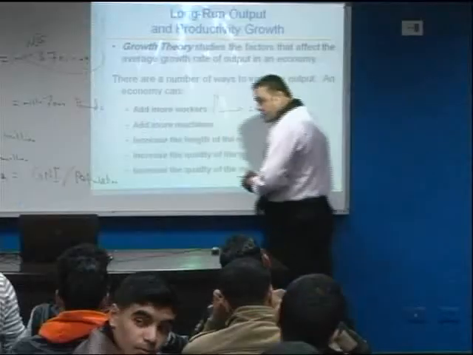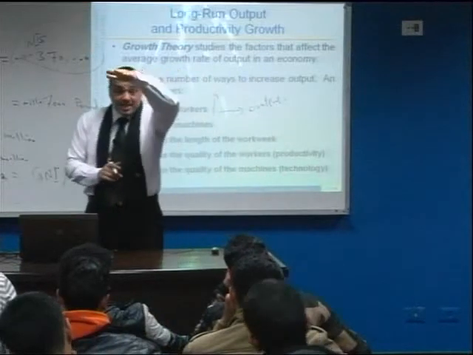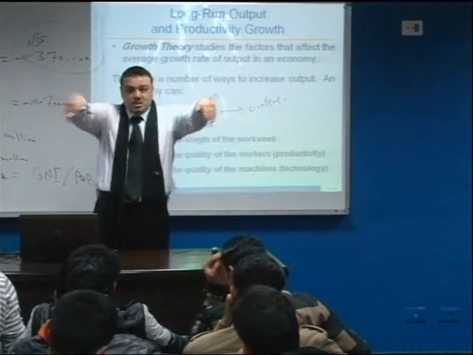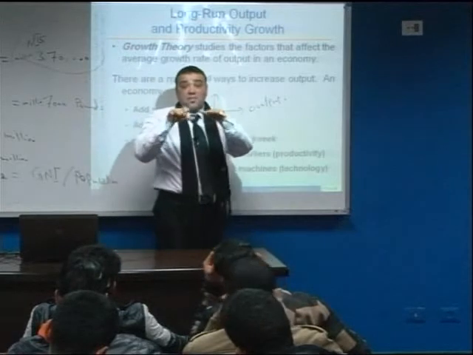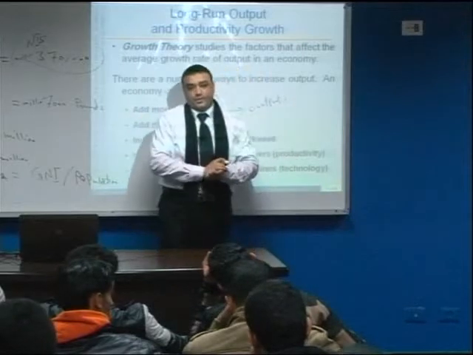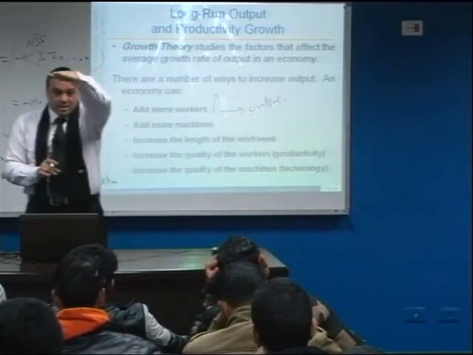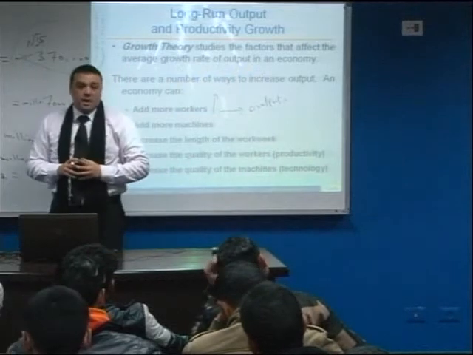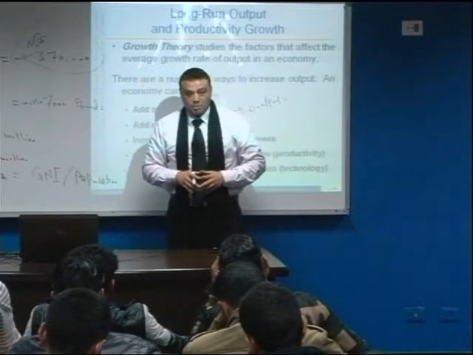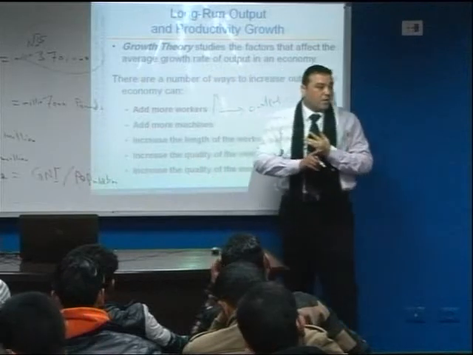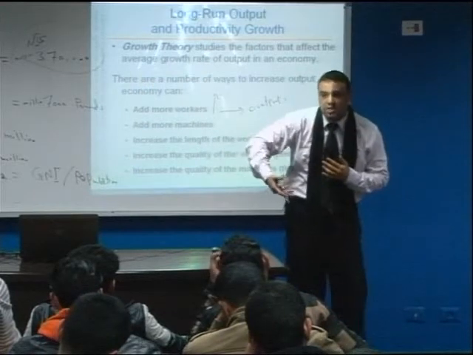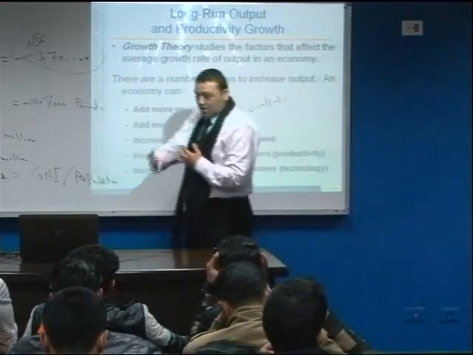But if we reach the full capacity, or the maximum capacity, in this case any addition of workers would lead to a reduction in the output. But before full employment, if we add more workers, this leads to increasing the aggregate output, right? After full employment, increasing the number of workers sometimes leads to a reduction of the aggregate output. So we can increase the number of hours that the workers work, as well as the quality or productivity of workers and the productivity of machines, or technology, right?